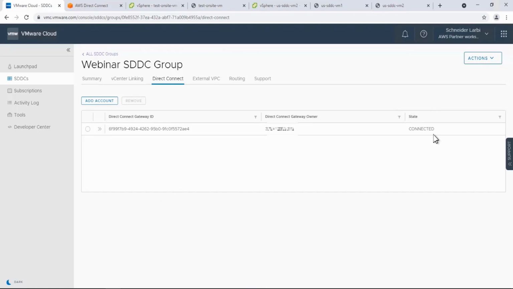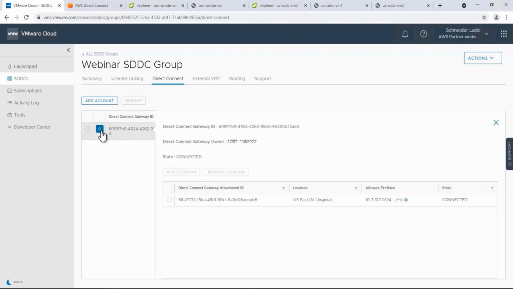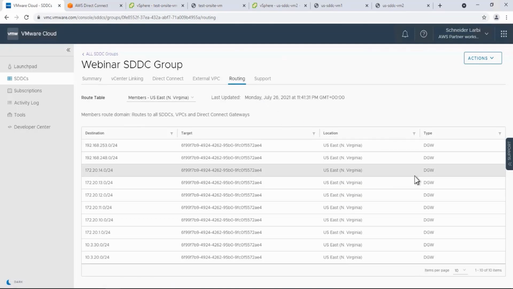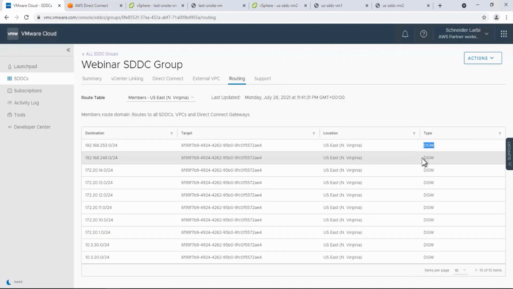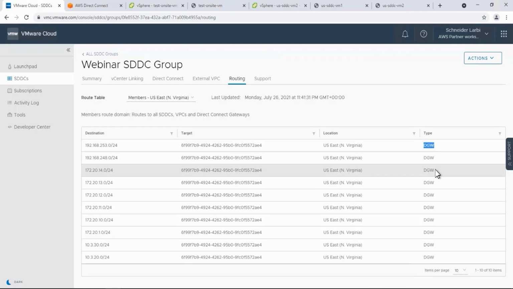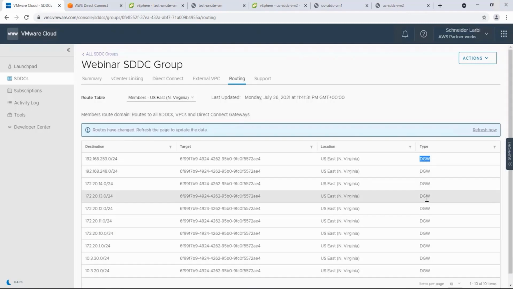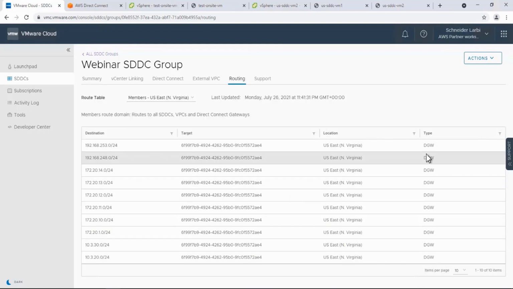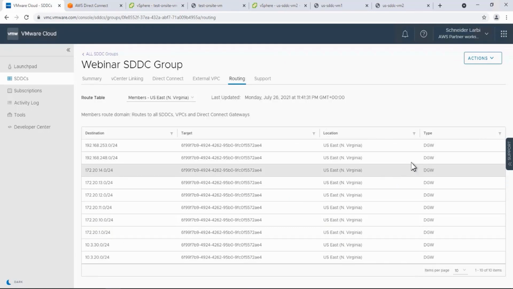The state says connected. And if we expand into this, we can see that we have our attachment here. We have the allowed prefixes here as well. And it could take a few minutes before this routing becomes populated. And actually, it's even populated already. You can see the DGW stands for Direct Connect Gateway. And we can see all the routes coming from our Transit Virtual Interface through this Direct Connect Gateway. And it is coming into the Transit Connect, and it can go to each of our SDDCs within the SDDC